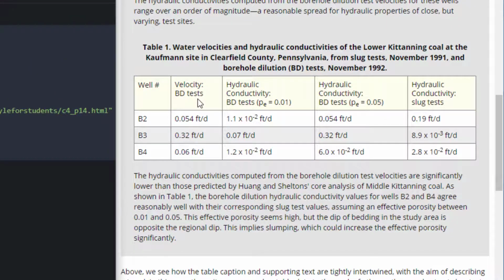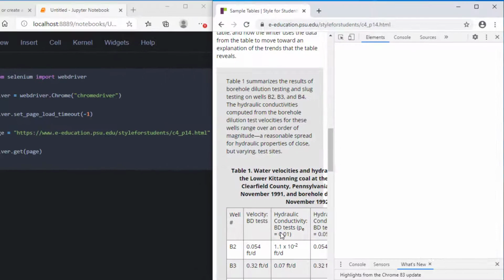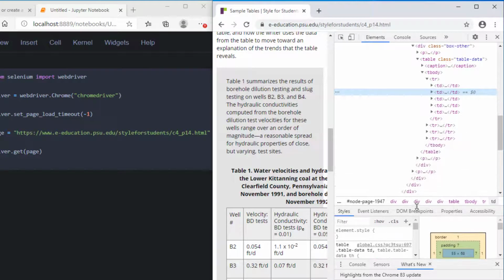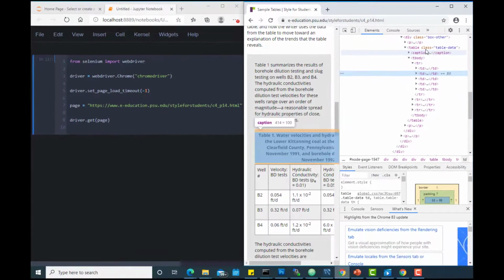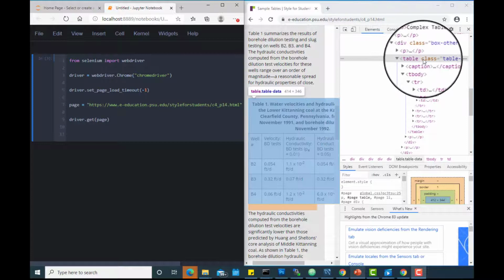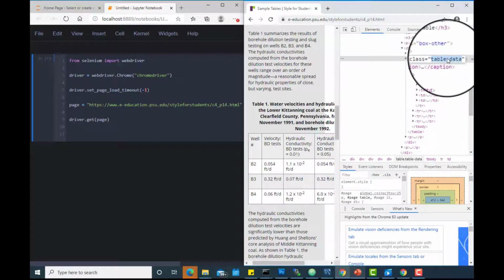For example, right-click somewhere on the table that you want and then click Inspect. In the right panel you will see the source code of this website. If you move your mouse over the HTML tags, you will see the connection between the tag and the web element in the page. I go over this table tag to get the whole table. As you see, it has a class attribute, which its value is table data, so I can use it to